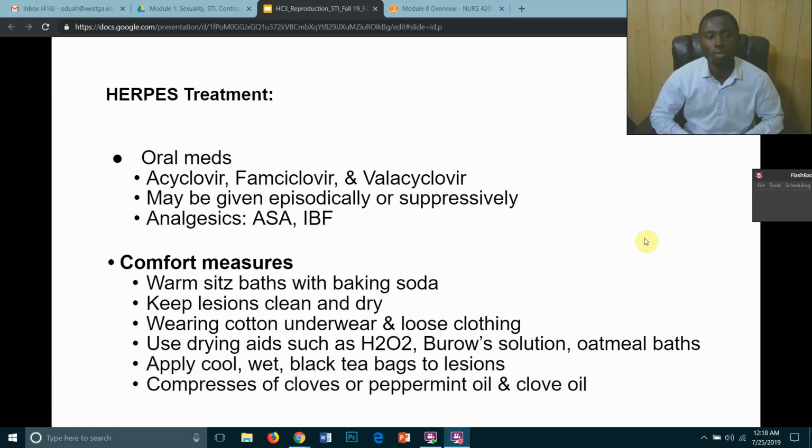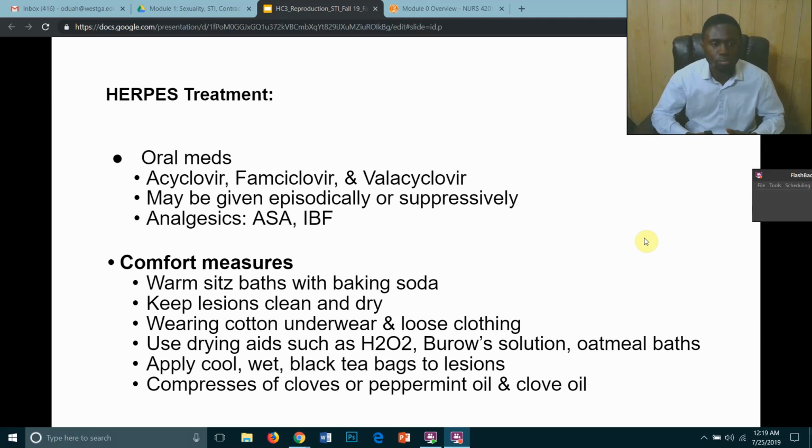Ice packs or warm compresses can also be applied to the patient's lesions, and a cool sit bath can be used 3 or 4 times a day. Encourage the patient to increase fluid intake to replace fluid lost through open lesions, and encourage frequent urination to avoid urinary stasis, which can cause pelvic inflammatory disease, which is an infection in the pelvis.